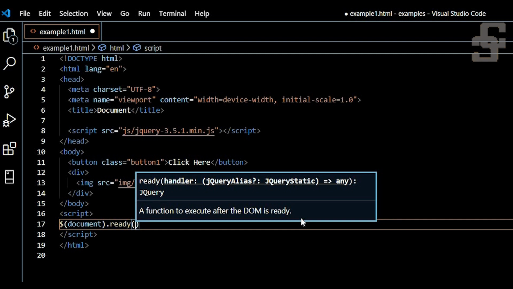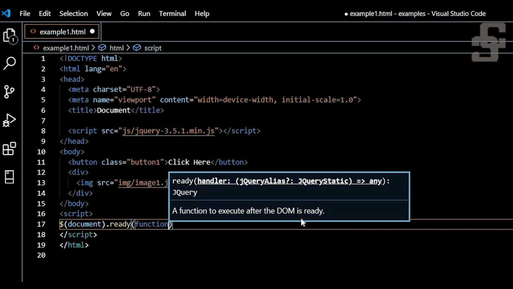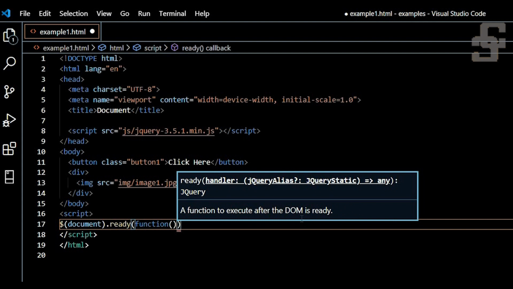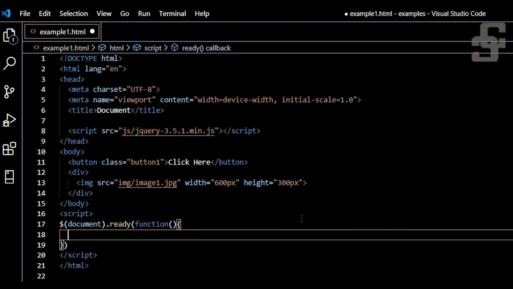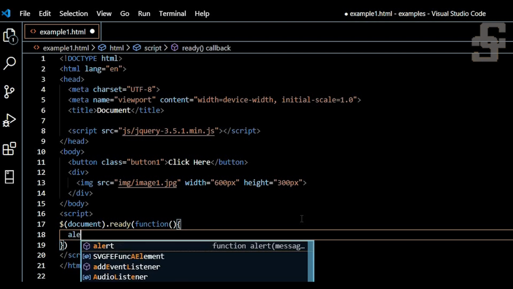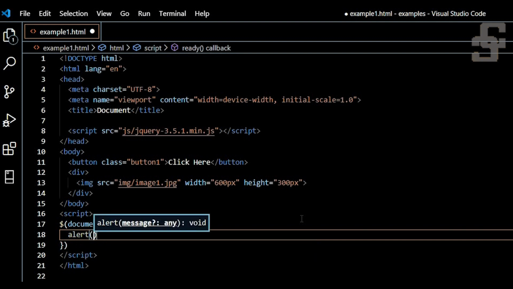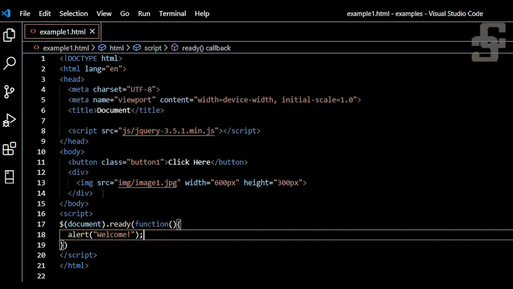The ready function takes a callback function. So this is the way to start jQuery. Here I am just putting one alert: Welcome. Let me see the result.